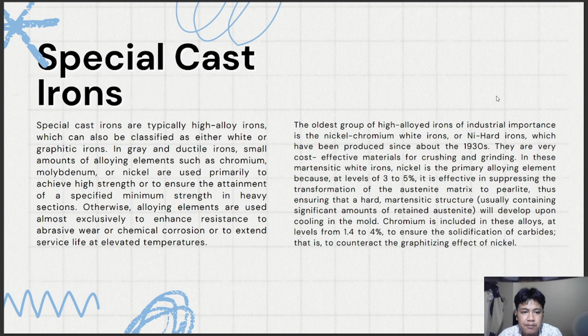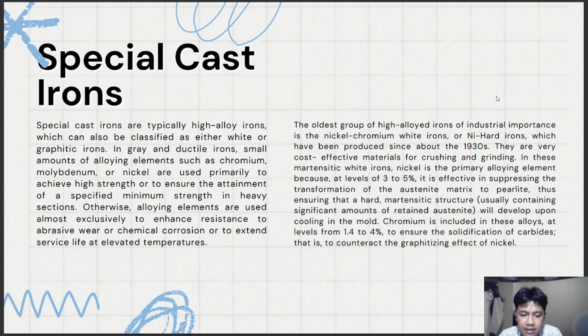The last is special cast irons. Special cast irons are typically high alloy irons, which can also be classified as either white or graphitic irons. In gray and ductile irons, small amounts of alloying elements such as chromium, molybdenum, or nickel are used primarily to achieve high strength or to ensure the attainment of a specified minimum strength in heavy sections. Otherwise, alloying elements are used almost exclusively to enhance resistance to abrasive wear or chemical corrosion, or to extend surface